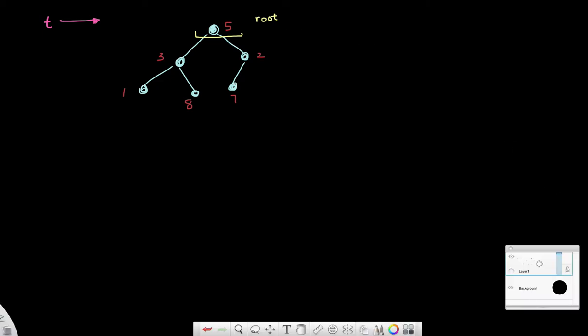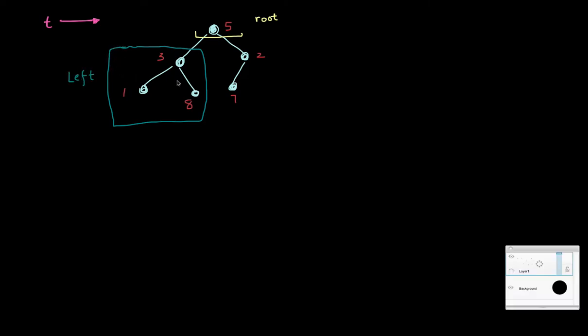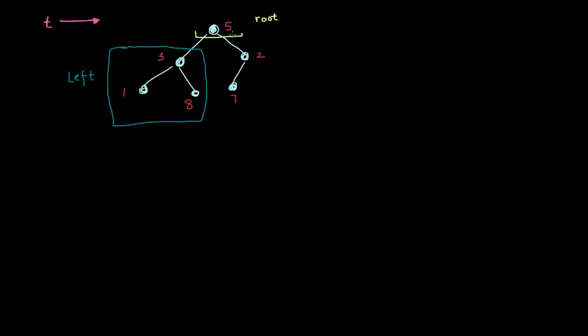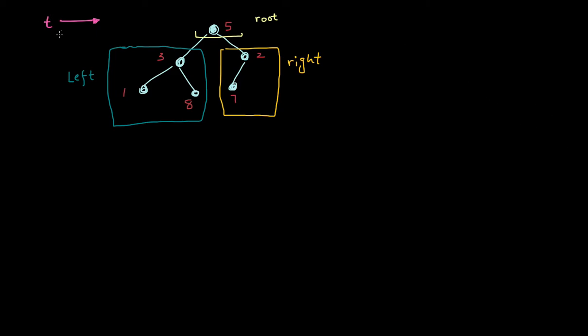And the left portion of my tree, meaning this entire left portion of my tree, is referred to by left. Let's just keep it simple, left. And whatever is the right portion of my tree, meaning this piece over here, is referred to by right. Again, what does this mean? It means that given this tree T to start with,